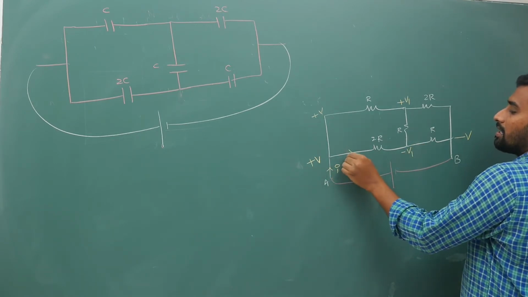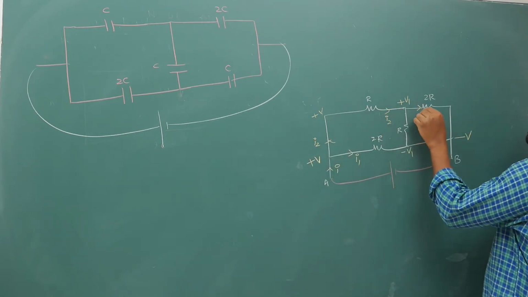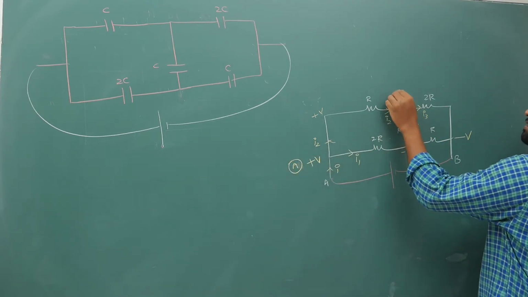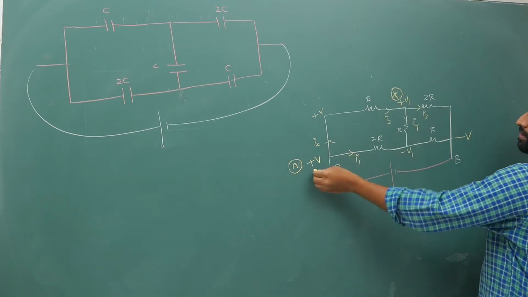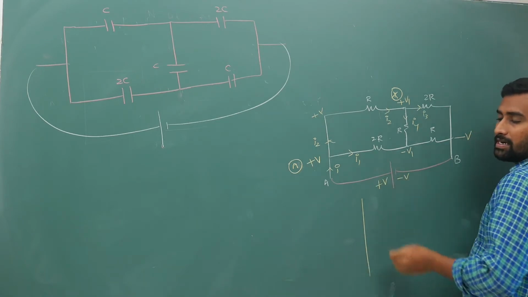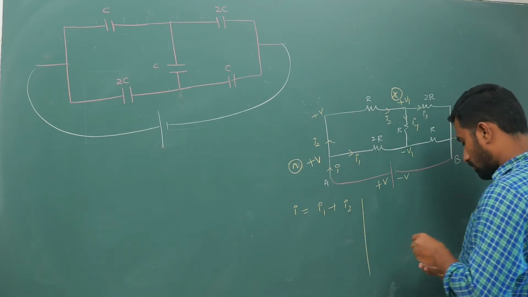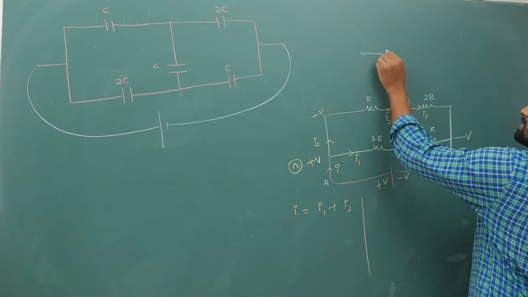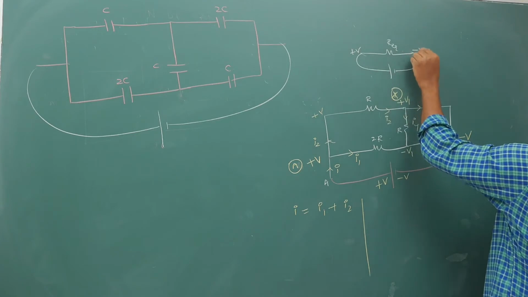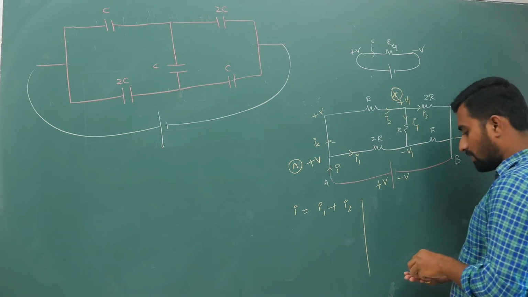Now your current entering I is equal to I1 plus I2 here. If I2 current enters at this node, it is I3 plus I4. So you can take node X and node Y, two nodes. First equation: you connect a plus V minus V battery, so I is equal to I1 plus I2. Now what is I? If you replace this entire circuit with R equivalent, this part becomes plus V minus V, so I is V minus of minus V, that is 2V by R equivalent.